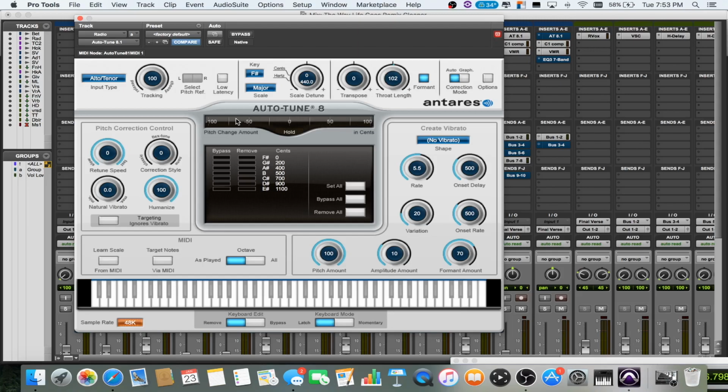There's different versions of Antares' Autotune out, though. I used to use Autotune Live on Ableton before I got a MacBook and switched to Pro Tools. And there's also, I think, Autotune 7, Autotune Effects. There's different types of Antares Autotune, but I use 8, which is the latest version right now. So before I explain all this to you guys, you're going to want to have one of these 3 programs before you even turn the Autotune on. And these 3 programs that I'm talking about are going to be